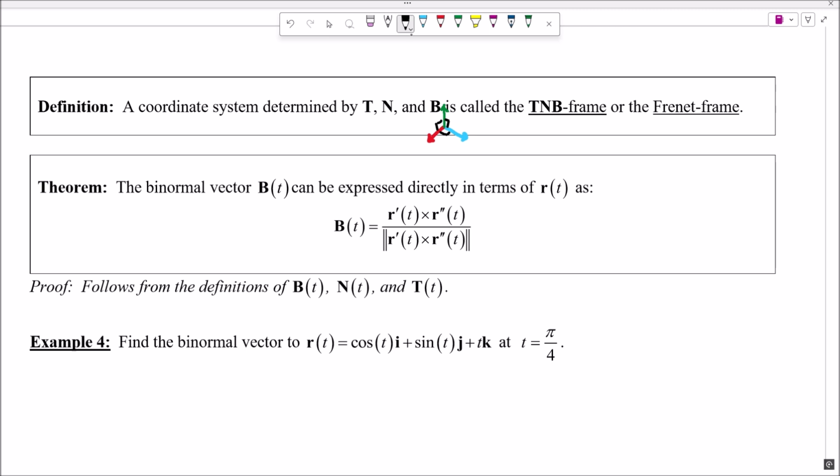But when I put these together, notice that they are almost serving as an x, y, and z axis. However, they need not actually be running parallel to the actual x, y, and z axes, but they serve a similar function because they're all orthogonal to each other. So oftentimes we can imagine that on a curve existing throughout 3-space, at any given point I could sketch out these vectors and create a new mini coordinate system at this point in time. And this is what we commonly refer to as a TNB frame,